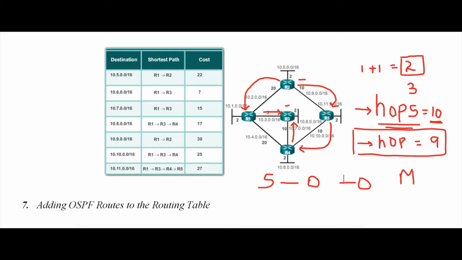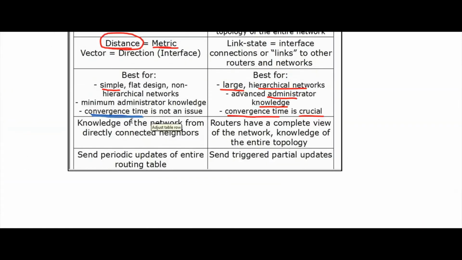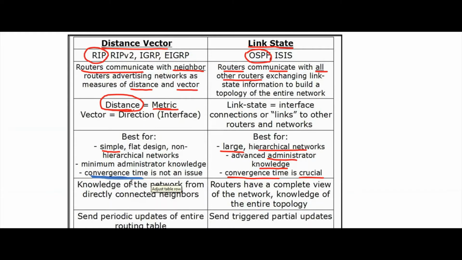So how will the distance be calculated? We are not going to worry about the kilometers. If you go this way, it is only 200 kilometers. If you go here, 300 kilometers. But you are not going to worry about the kilometers. You are going to worry about the hops, the number of jumps. So in the distance vector routing protocol, they will use the distance. What is the distance? Distance is nothing but the number of routers you are going to jump. That is going to be my metric here.